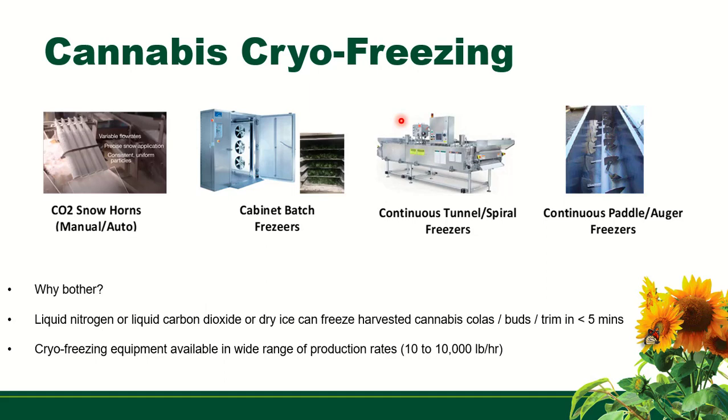So here are some different ways for cryo freezing. You've got snow horns, which is basically a piece of equipment that makes dry ice right there, and it's for smaller operations. You've got your cabinet batch freezers, continuous tunnel freezers, continuous paddle auger freezers. This goes from small to large. These things are pretty wild, and this is equipment already used for meat processing and other botanicals. It can be as small as 10 pounds an hour,